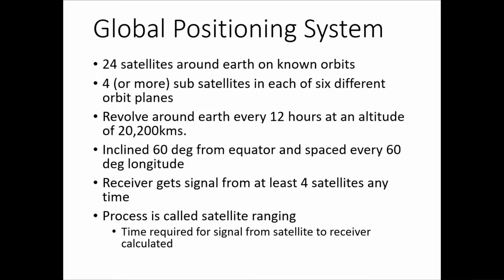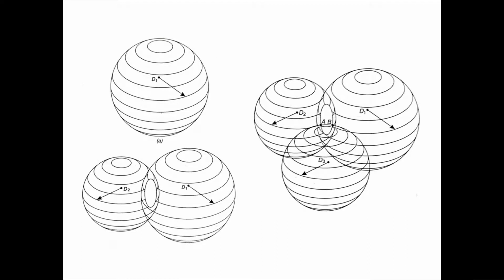Here you can see three different steps. First, if you have a single satellite, you might be able to identify your location on one particular orbit. It can be anywhere at this distance. Using satellite ranging, velocity and time, you can calculate the distance. Based on that, you pinpoint a particular distance at which your receiver is located, but you don't know where exactly it is. If you have two satellites, the location can be anywhere on the sphere.